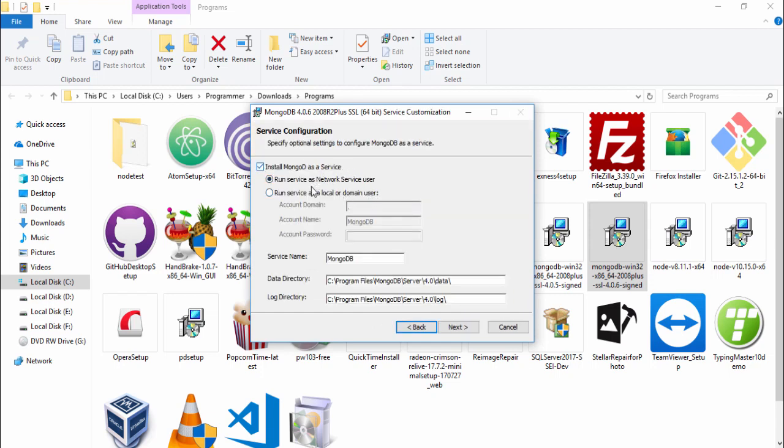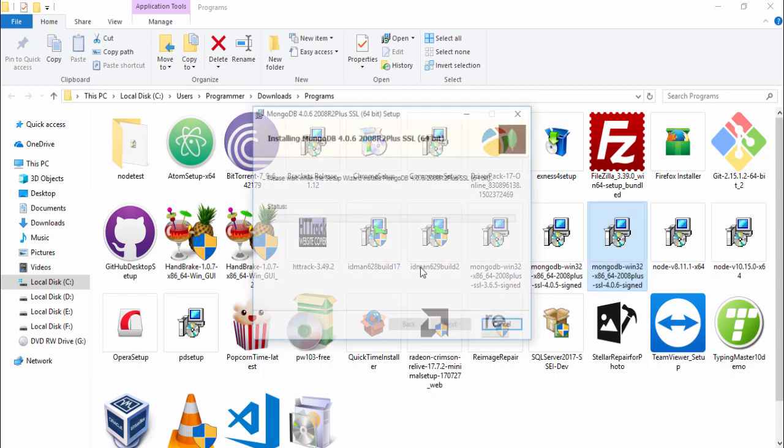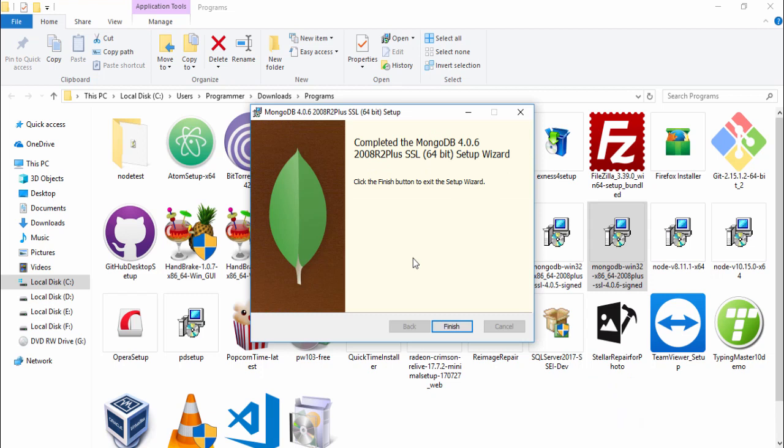I wanna leave that, install MongoDB as service. I uncheck it. Okay. Do you want to change the path or directory path? You can change that. I leave that and I am gonna click next. I uncheck that and click next, install, and you need to wait a couple of seconds to install it on your operating system. Once you have installed MongoDB on your operating system, then I'm gonna click finish and